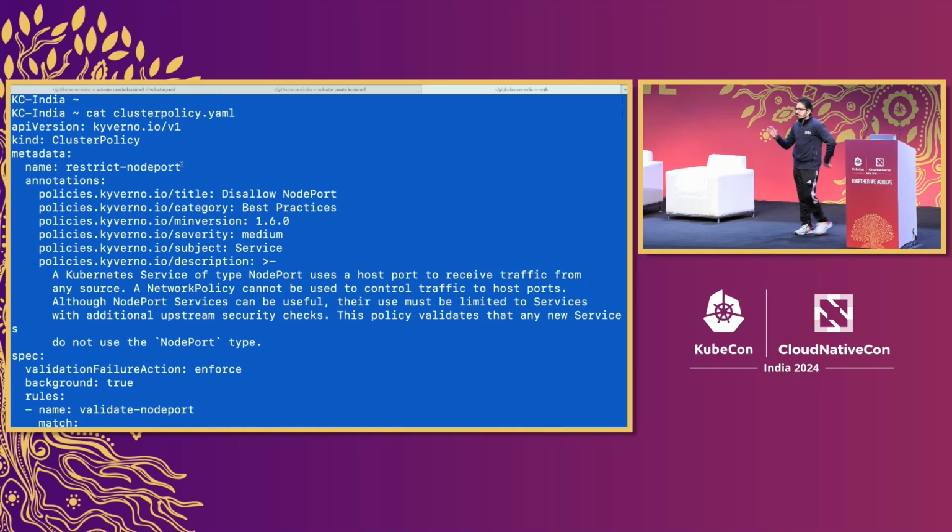Kyverno is installed on the DigitalOcean host cluster, and it is able to identify whether we are creating a node port service or not. But we want this same policy to be used by the cells as well. Like when we are trying to create within a cell a particular node port service, it should fail. So this becomes a shared platform stack. So here the shared platform stack would be Ingress controller, Cert Manager, Kyverno for the policies.